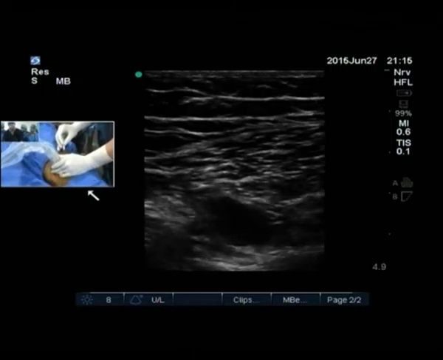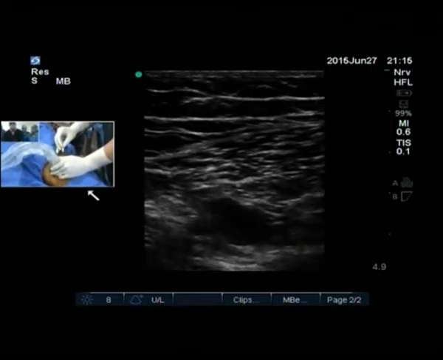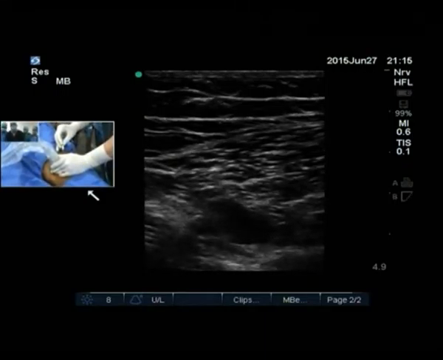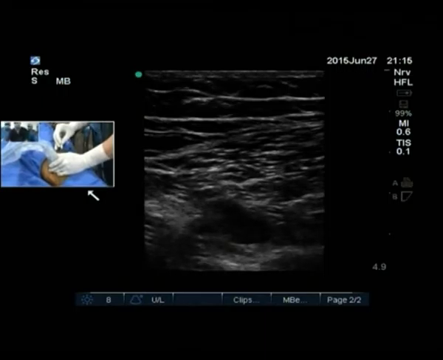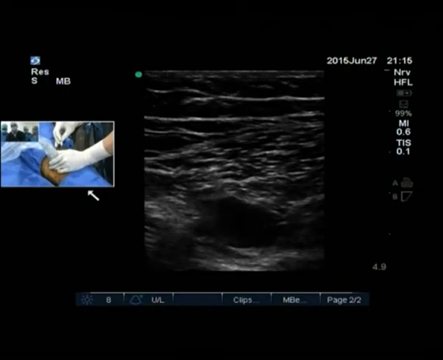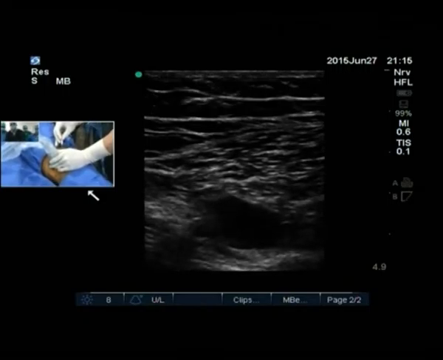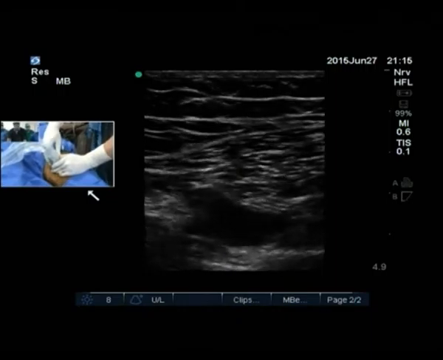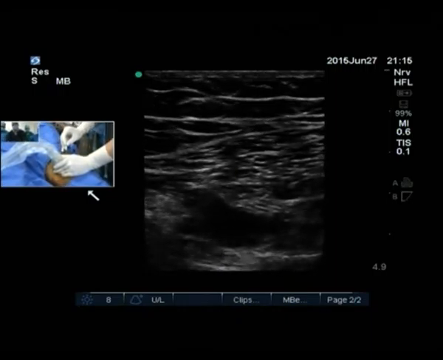Another 5 ml. So that is the idea. If you don't see the artery, if you don't see the nerve, it doesn't matter. All you have to do is place the needle lateral to the artery and inject about 15 mils of local anesthetic. This was not a very ideal case for demonstration because his thigh is actually quite huge, and I'm sorry